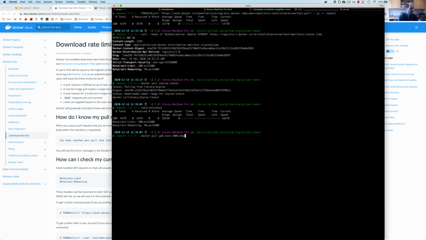We have this dependency proxy URL, which I'll show you in just a few minutes here. What you end up doing is you pull it through your specific URL. So if I pull through my local host, but I'm still pulling the alpine:latest image,